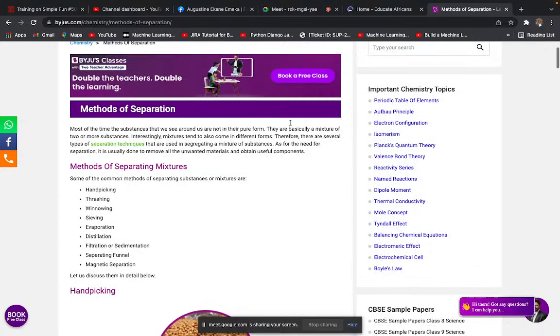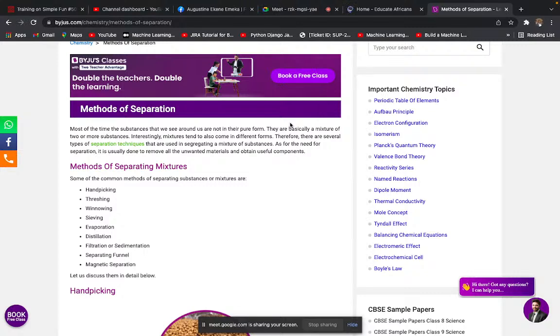Yes, sir. Okay, welcome. Today we're going to be looking at chemistry, and we're going to be looking at separation techniques. Very, very importantly, you're going to be seeing mixtures every time, and you need to know the right separation technique to apply to a given mixture in order to